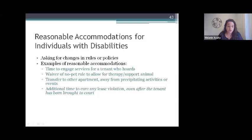Reasonable accommodations for individuals with disabilities. We at Legal Counsel for the Elderly do get this a lot due to the fact that our clients are elderly and do have many disabilities, whether physical or mental health. With any client that has a disability, you have the right to ask for changes in rules and policies because of the fair housing laws. Examples of some of the reasonable accommodations would be time to engage in services for a